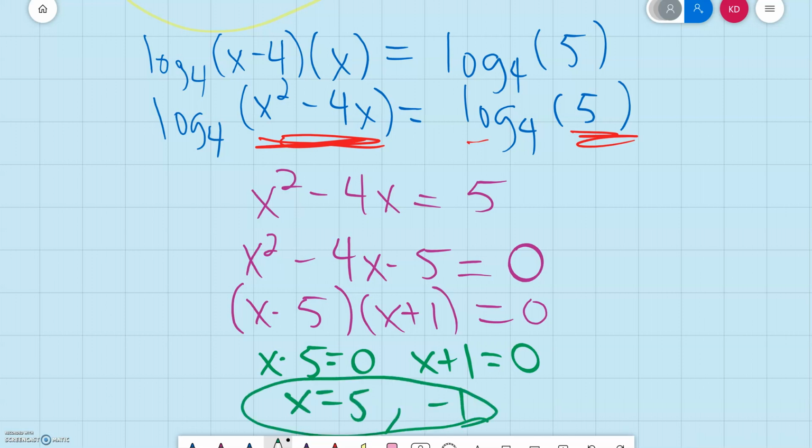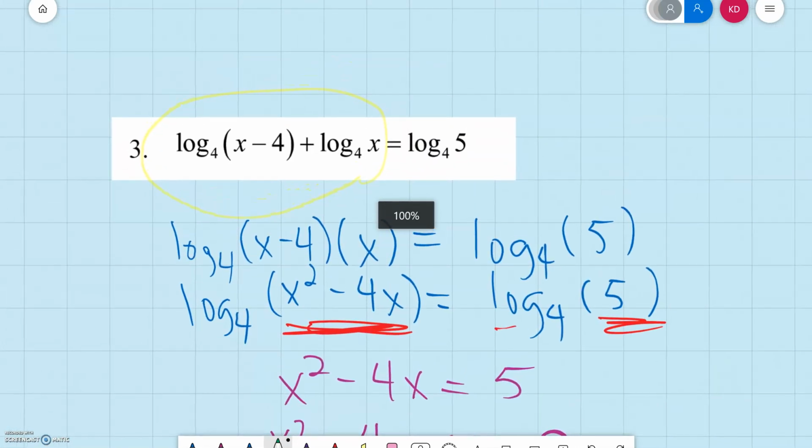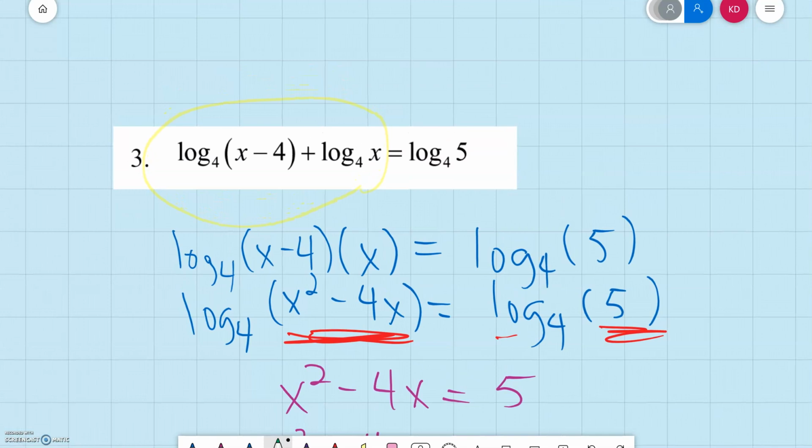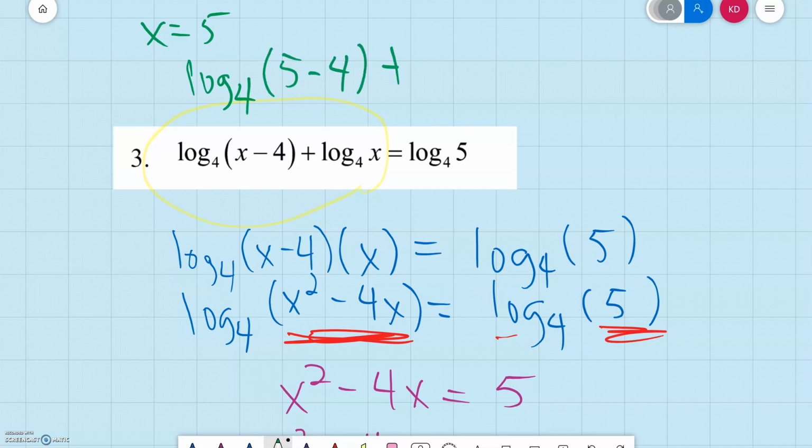Now I have to test these values in the original equation just to make sure that that will work. So I'm going to go back up to the original equation and test where x equals 5 and where x equals negative 1. I'm going to start with where x equals 5. And I'm going to replace the x in both spots of the left side of the equation with 5. So that's going to be log base 4 of 5 minus 4 plus log base 4 of the number 5 should equal log base 4 of